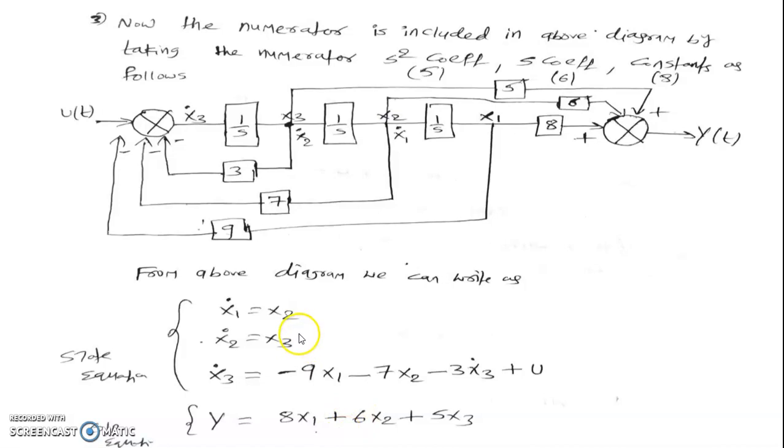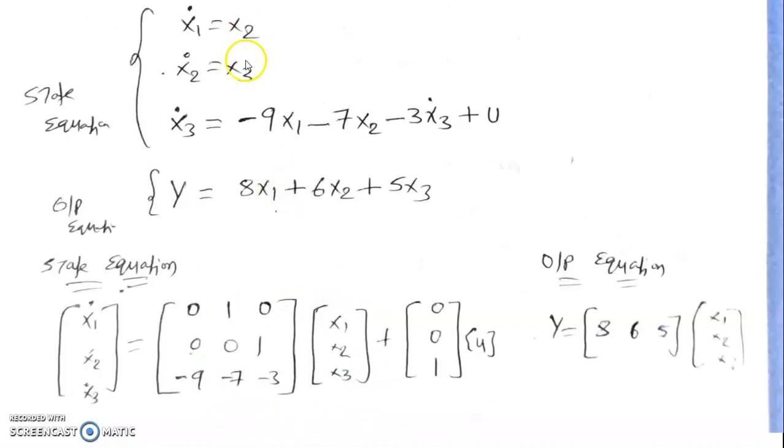So you got the state equations and also the output equation. Now you can simply represent this in matrix form. Now x1 dot is equal to 0 into x1 plus x2 into 1 plus 0 into x3. Only x2 is there, that's why the other terms are zeros here. No u term is there, that's why it is 0 into u. Similarly x2 dot is equal to x1 into 0 plus x2 into 0 plus 1 into x3, because only the x3 term is there. The other remaining terms are zeros here, and no u is there in this equation, so u is also 0 here.